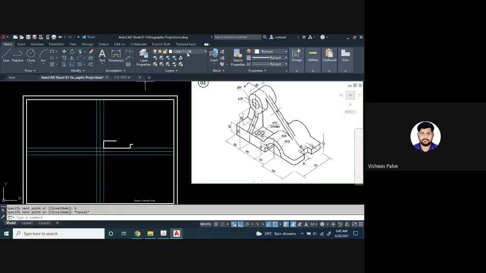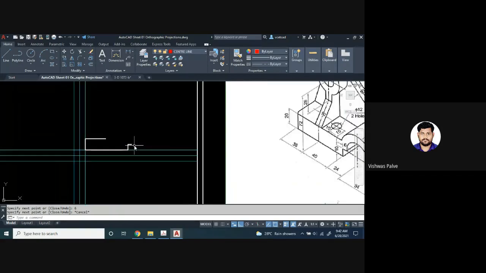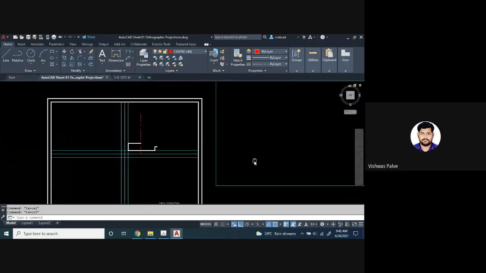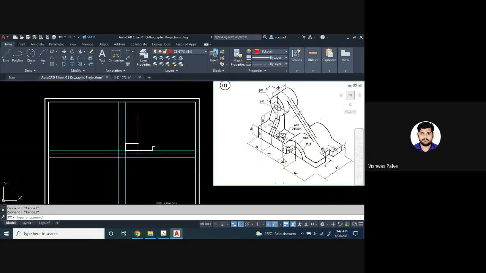For that I will use the center line. Center line, L enter. From this point first I will draw the vertical center line. I'll change the scale of that line so that it will be visible, normally visible, 25. Then I have to draw another center line. I can directly draw a center line at an offset distance of 64 millimeters. See, this distance is 40 plus 24. Directly I can draw because I have already drawn a center line. So I will say offset distance 64, and you will get this center line.